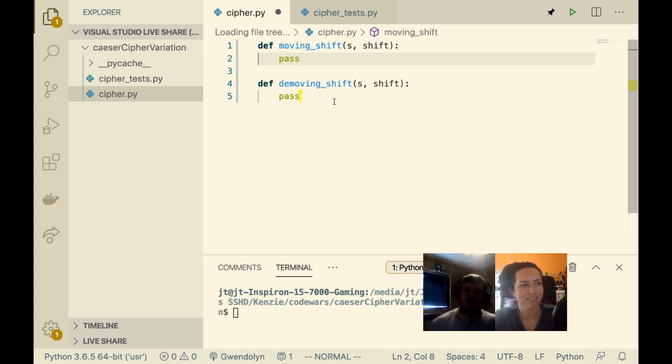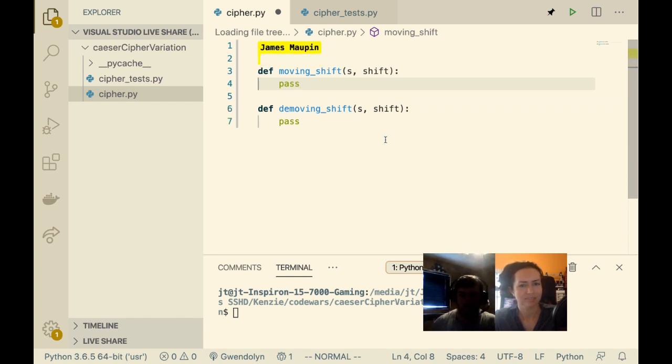So I think the easiest part is going to be shifting the letter given a specific integer shift to that letter. I always like making extra functions and stuff, like coding as much outside of the function as possible.